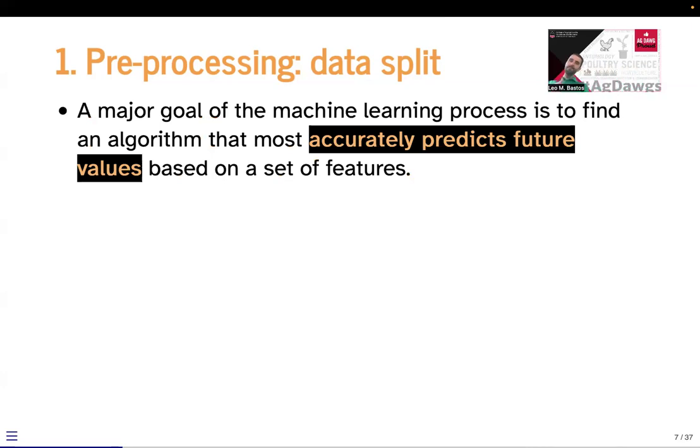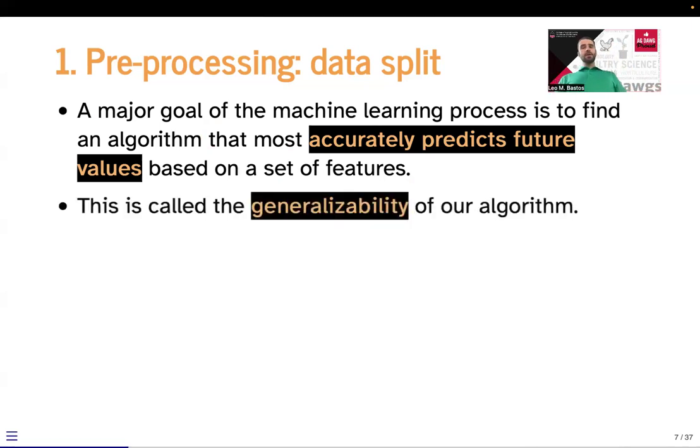So again, a major goal of machine learning, and one of the main differences between machine learning and experimental design analysis, is that we want to find an algorithm that most accurately predicts future values based on a set of features. So prediction of future values is a key term here, right? We want to create a model that is generalizable. Or in other words, I give it some data and I train the model, but I do then want to use this model that I created to make predictions of future data